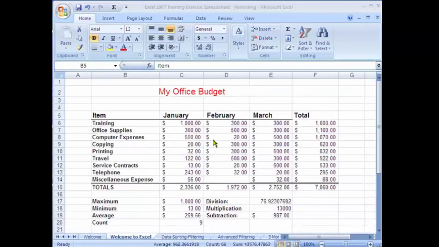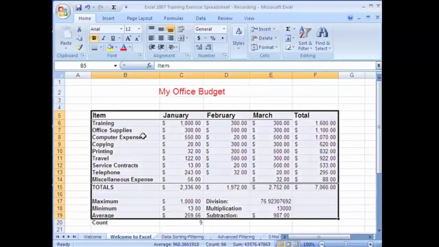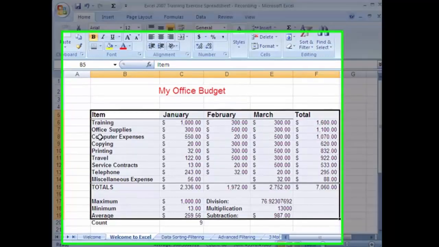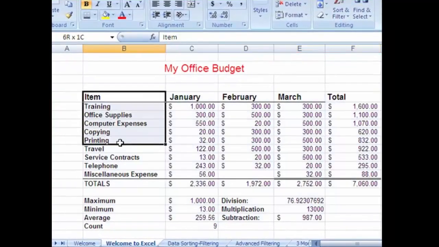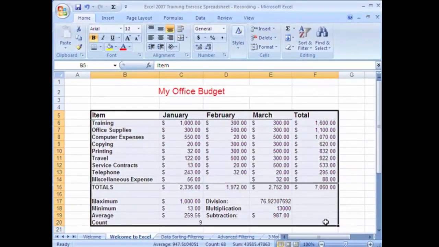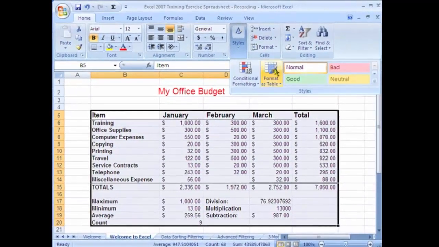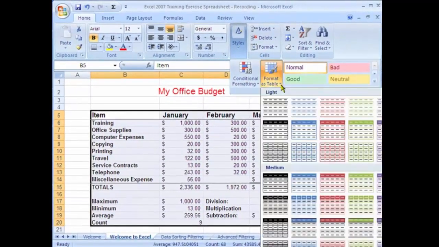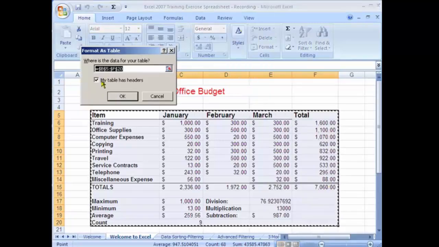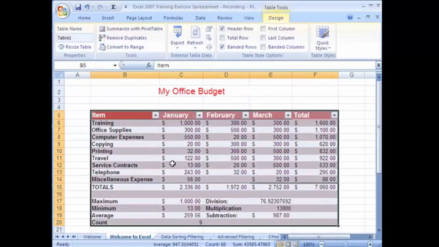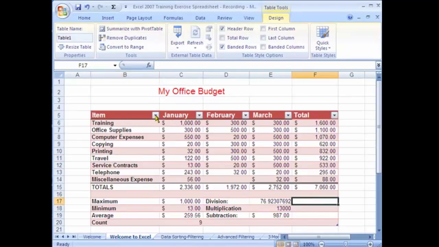Now, a couple things in regard to the formatting of this spreadsheet. Basically, you can select the area that you want to format, and then on your computer you'll actually have a different toolbar because your screen is going to be larger. In my case, I have to click on this drop down under Styles here, and then I'm going to choose Format as Table. Notice there are many different tables here in different formats, so you can pick any of those, and you could also specify that my table has headers, and then the formatting has been changed automatically for